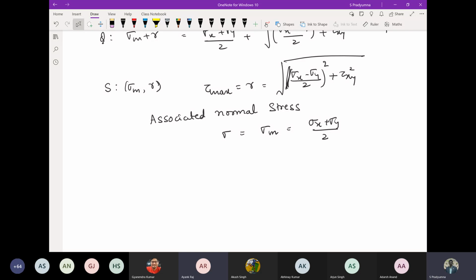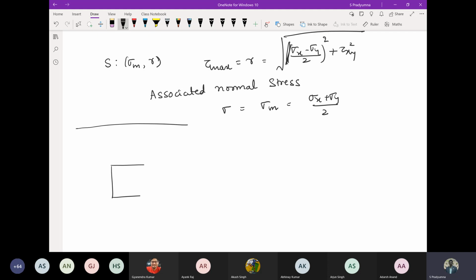Okay, so there are some approaches to write this and how to rotate the axis, that also we'll take up. That will also help you to understand how to draw the Mohr circle. Now let us say, how do we draw the Mohr circle? Right now, let us consider a simple element again with sigma x, tau xy, sigma y. Okay, this is the state of stress I have.